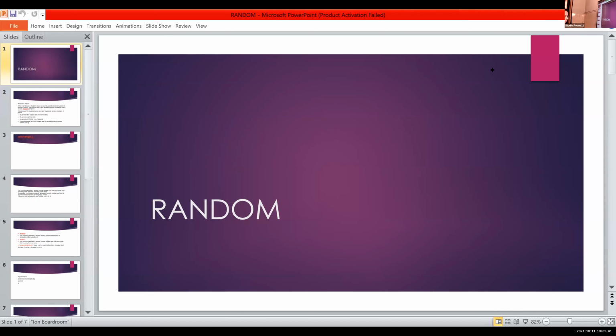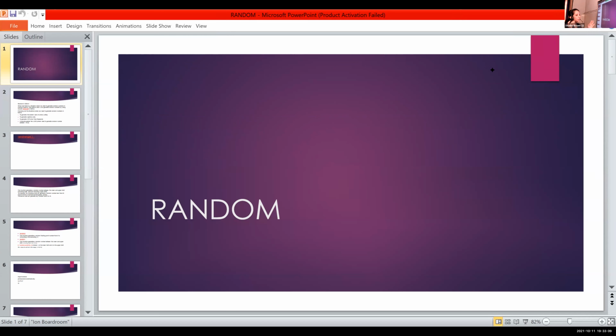So here the topic is random. It is just like a normal range function or round function. What is the meaning of that word random? Random is for generating a set of random numbers. There is no order. We don't know the number which is displayed. A set of numbers are displayed among a range of values.